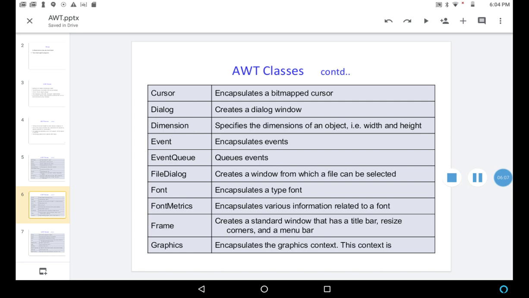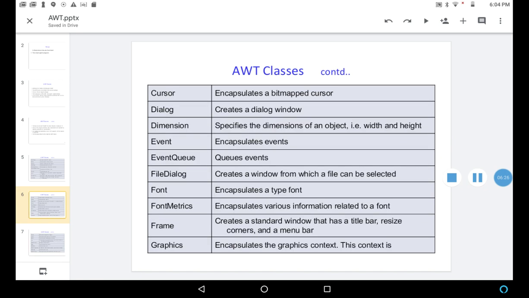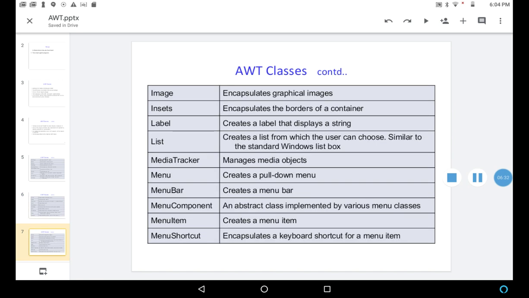So a frame contains a title bar, resize corners, and a menu bar. Graphics class encapsulates the graphics context.